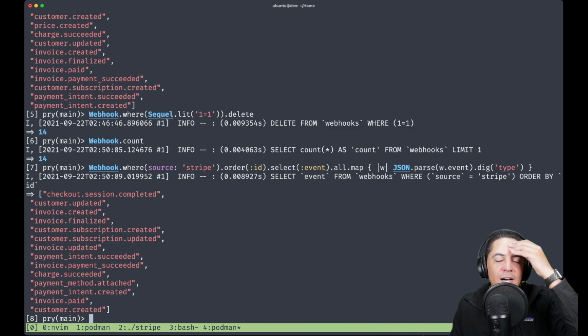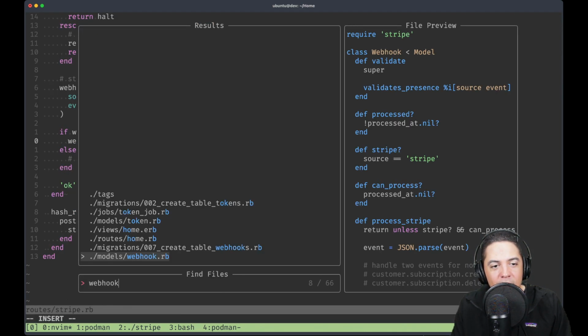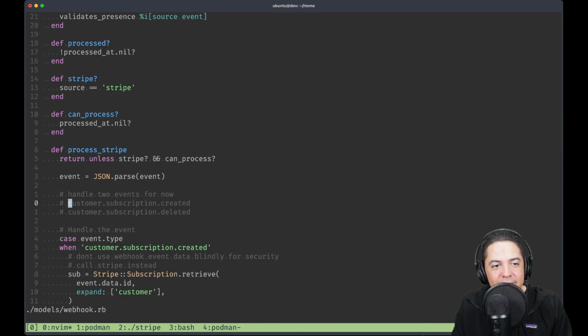So I'm not sure what I'm gonna do, but I think I only really want to handle customer subscription created. So in the webhook model, now that I'm saving all webhooks, I'm only going to handle 2 events, right? Customer subscription created and customer subscription deleted, right? So when a webhook has the event type customer subscription created, I'm going to